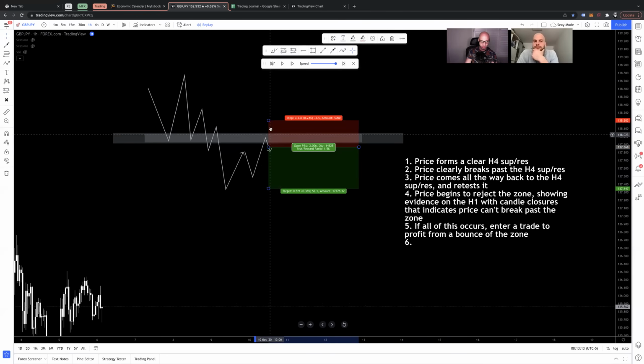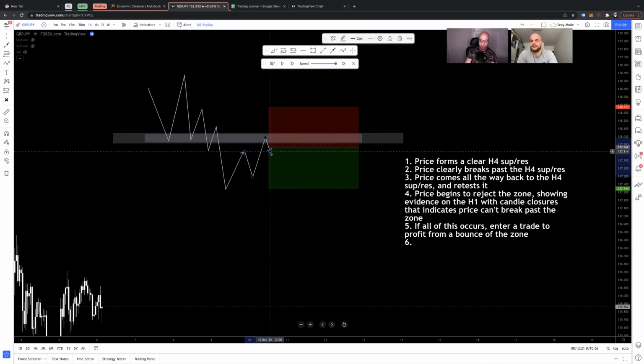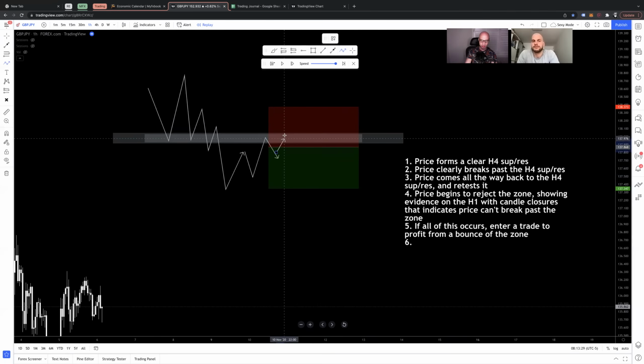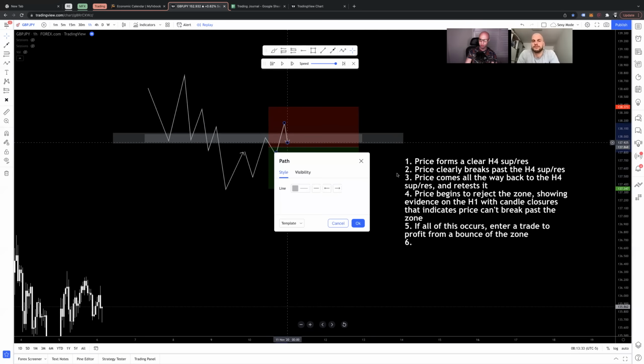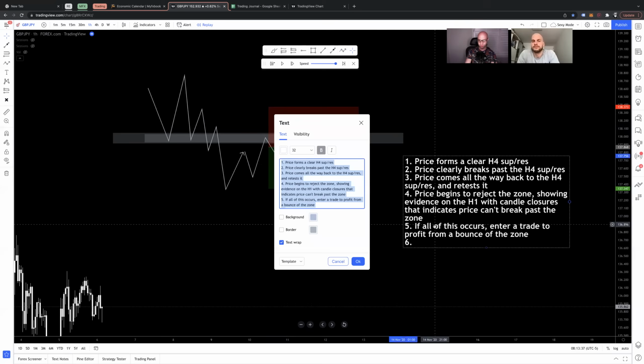You put a target at the previous low, you put a stop loss just above the resistance zone. And it's an easy target to hit if it works out. If it doesn't, it breaks above the zone, you can start experimenting with things like, if it looks like it's going to be breaking above and it makes a sweep, you wait for it to come and retest so you could get out around break even. There's a lot of different things you can do, but just to keep it simple, what I'm going to suggest for you here is